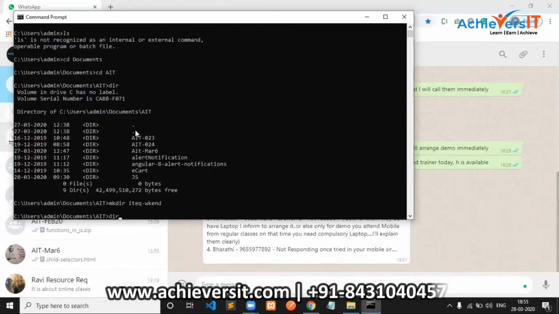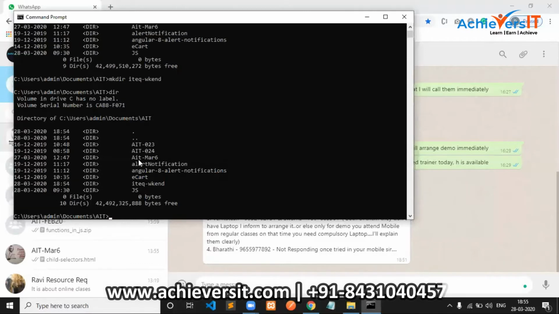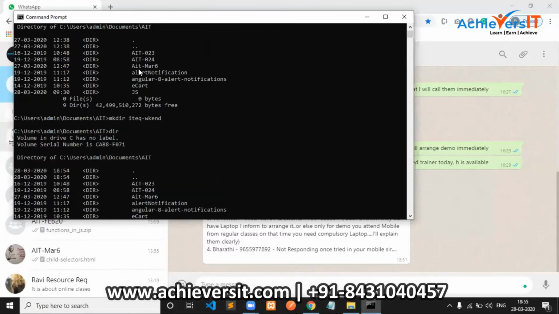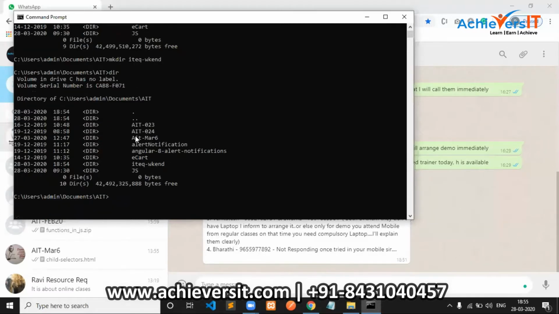you can see that there was no folder in the name of iTech-WKEND before, but right after that, we can see iTech-WKEND. You can compare both places. Even before the mkdir command, there is no such folder. Right after executing mkdir, there is a folder named iTech-WKEND. That's my point. Next, I must go into that folder. In order to go into the new folder we have created,